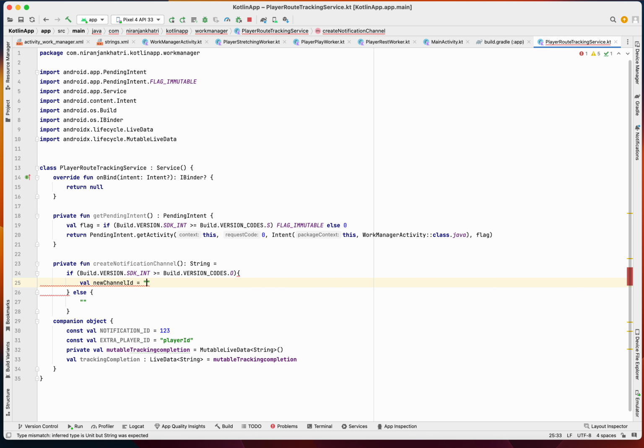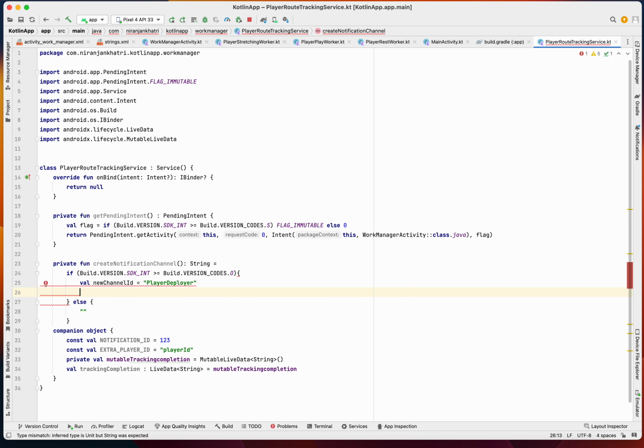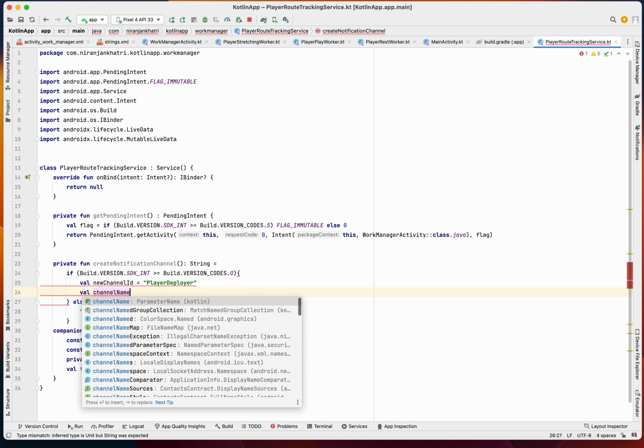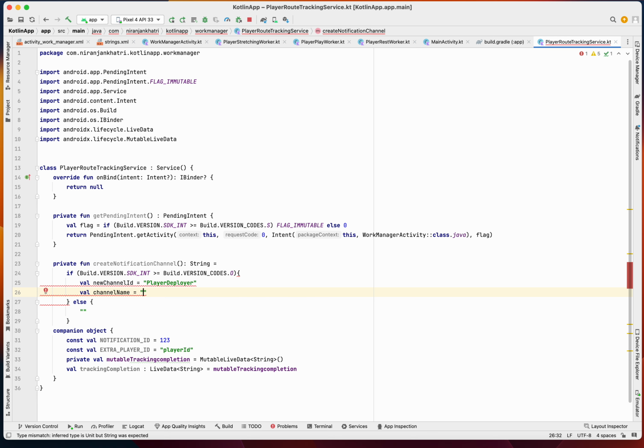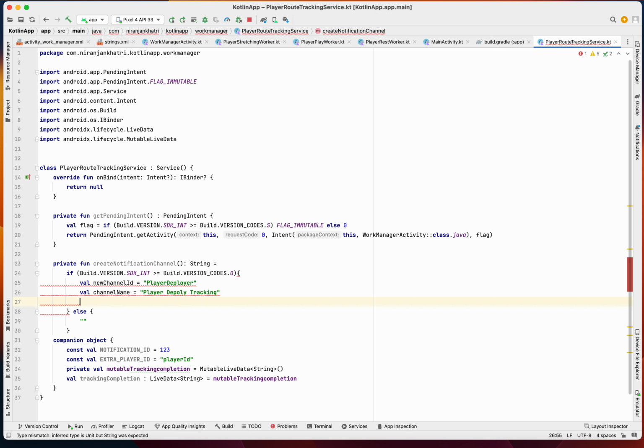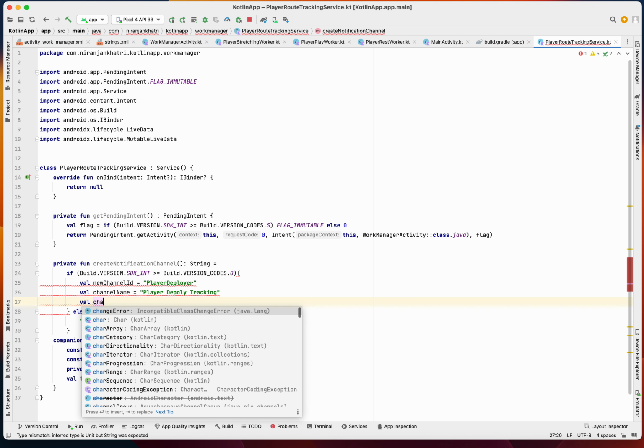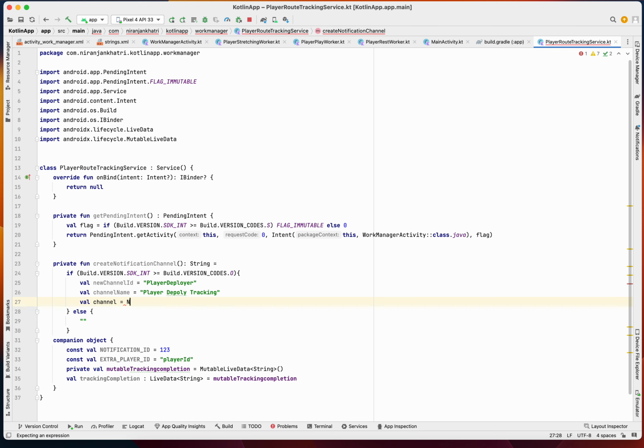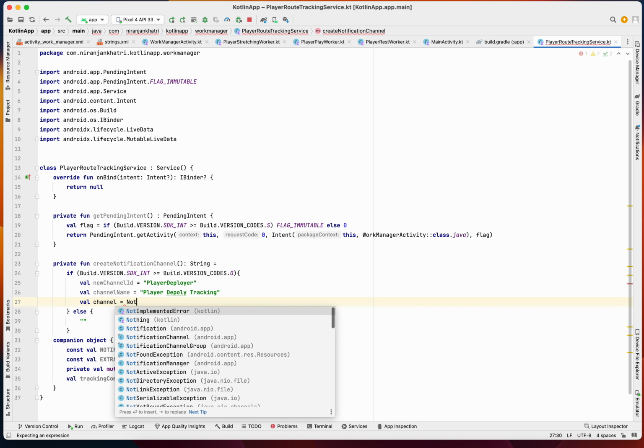ID equals to player deploy here, channel name is player deploy tracking, and then your channel will be a NotificationChannel